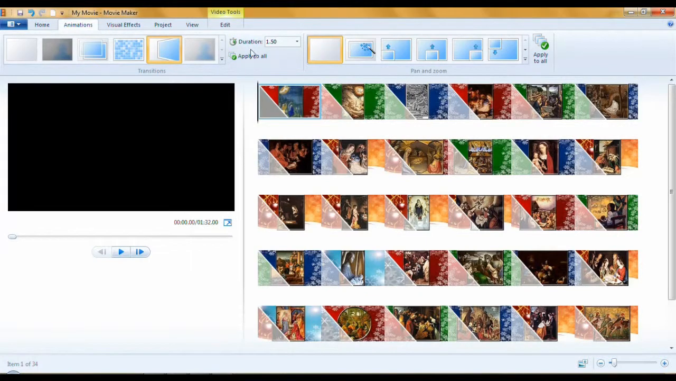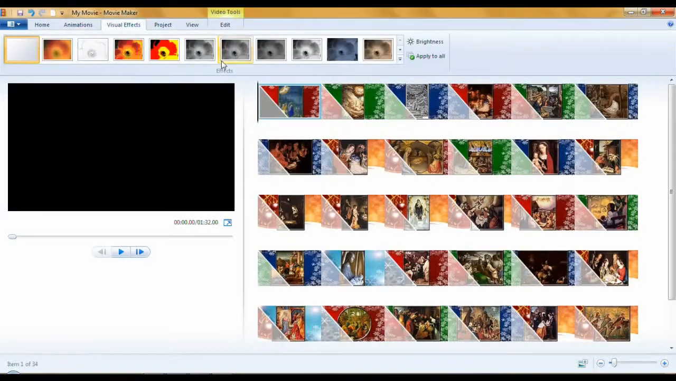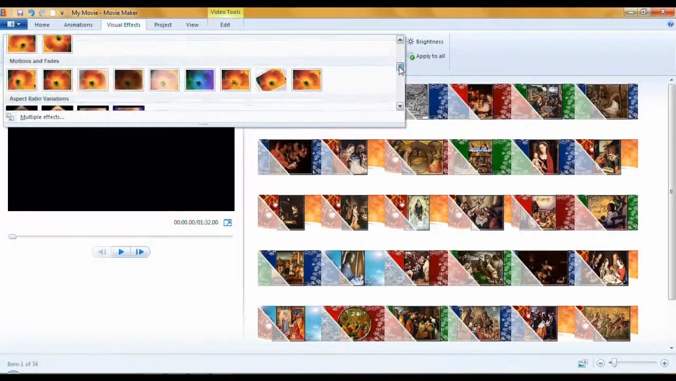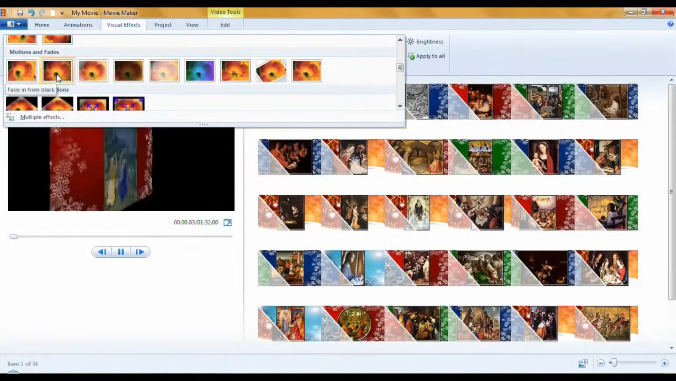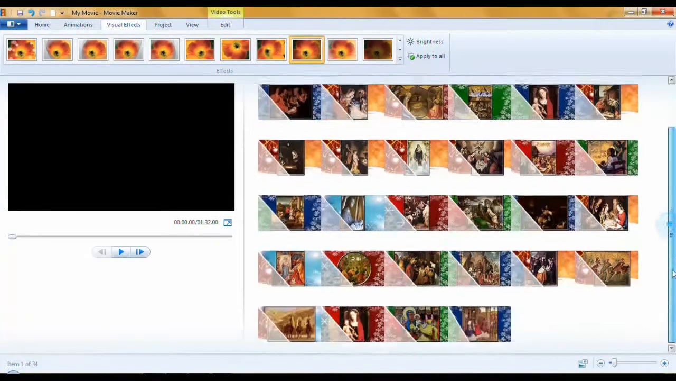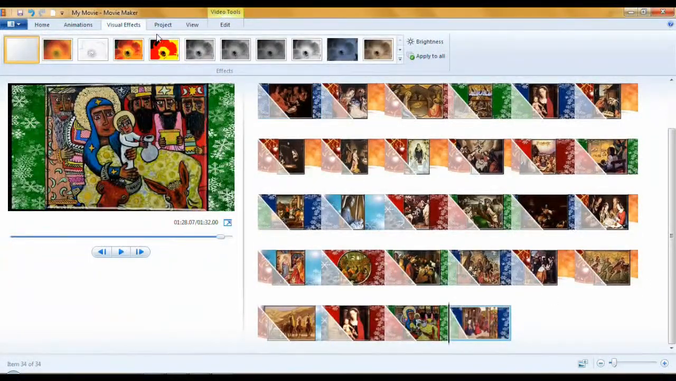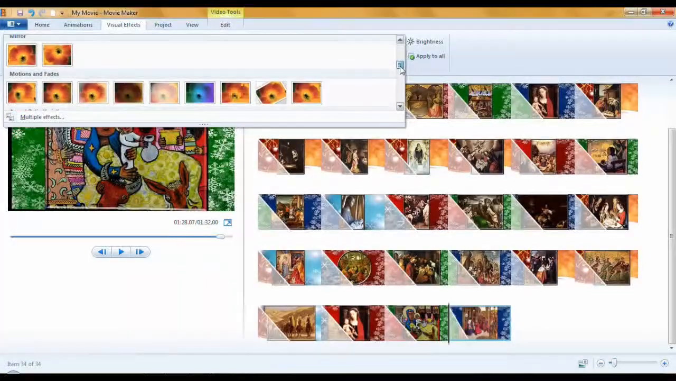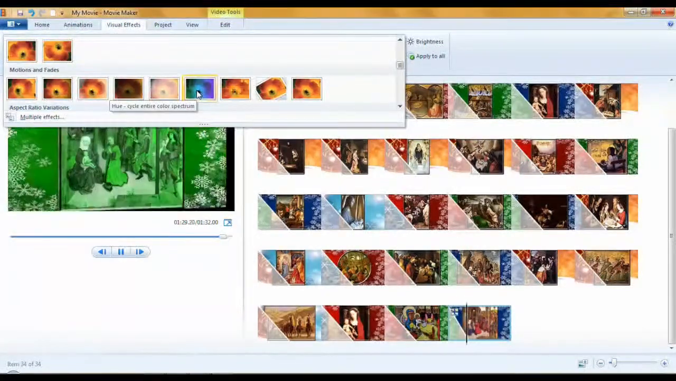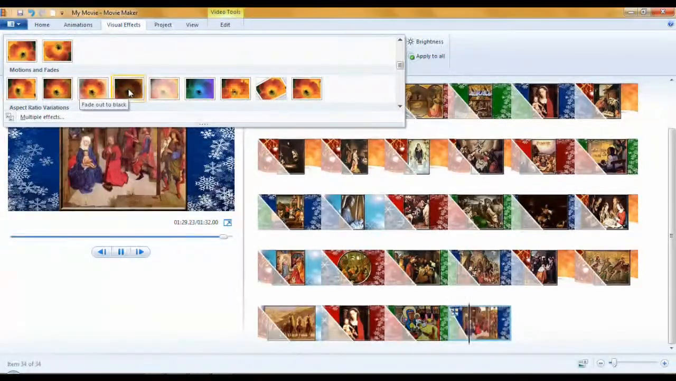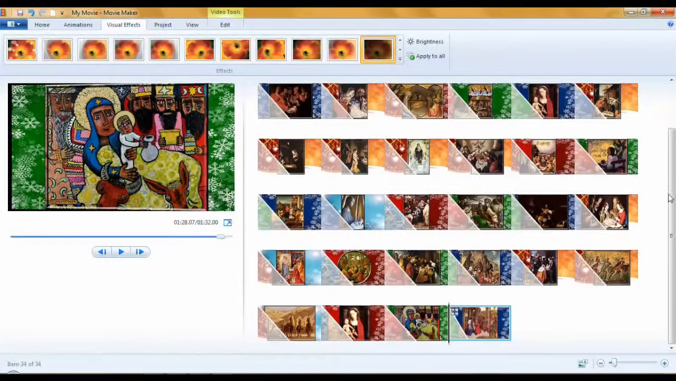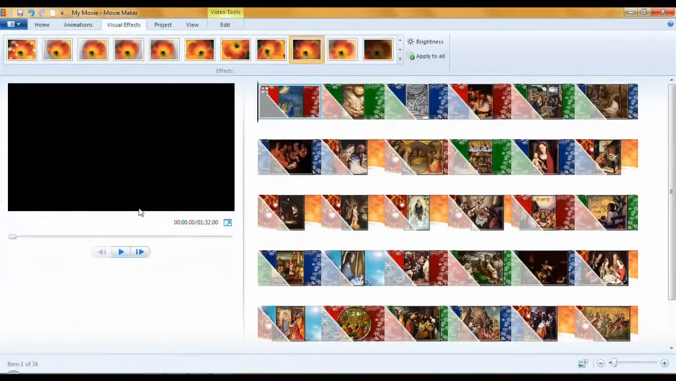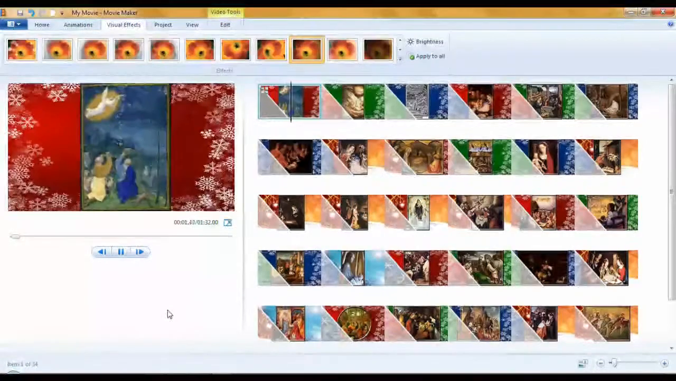Now on this first one, under Visual Effects, I want it to fade in from black, which is the second one. And on the very last one, on the Visual Effects, I want it to fade out to black. What's this one? There we go. And I'm not going to add a title or anything because if you know Movie Maker, you know how that works. And when I play it,